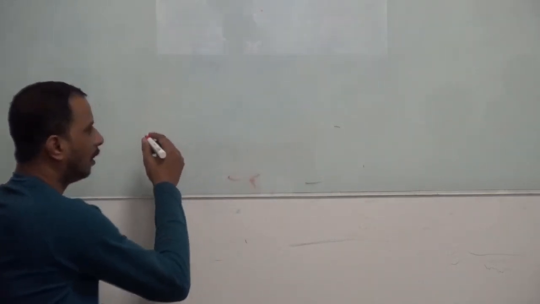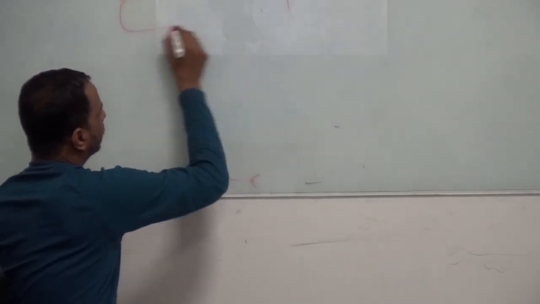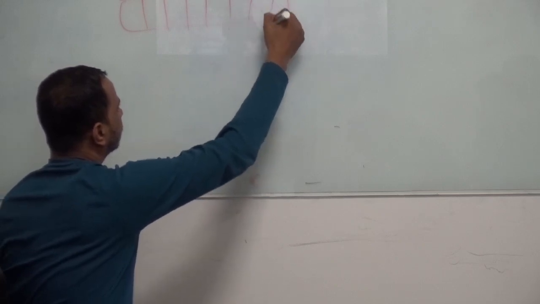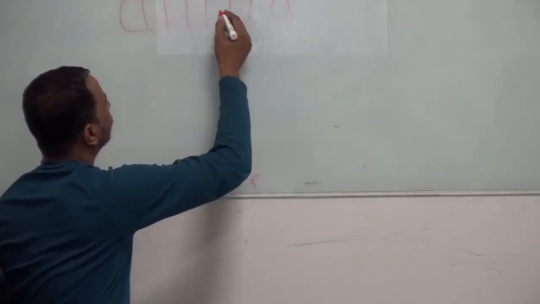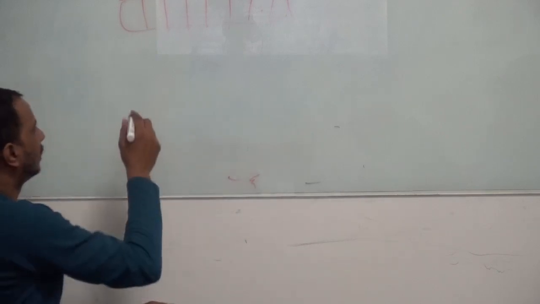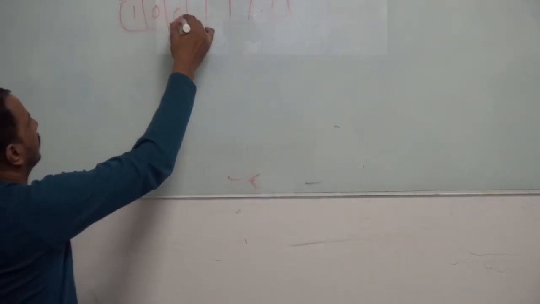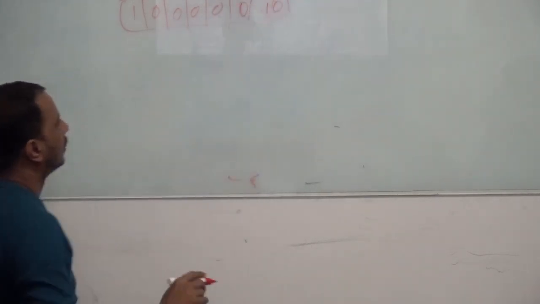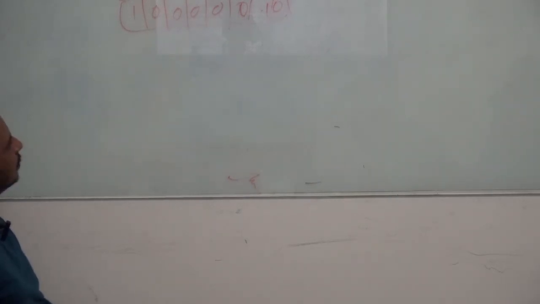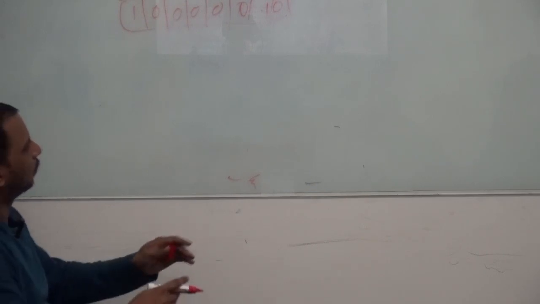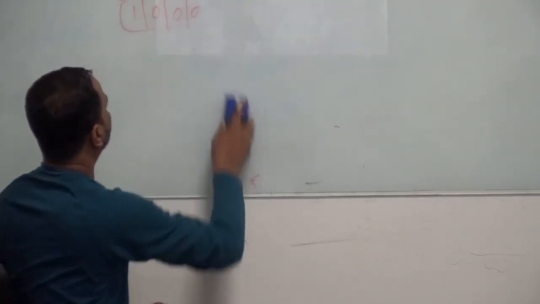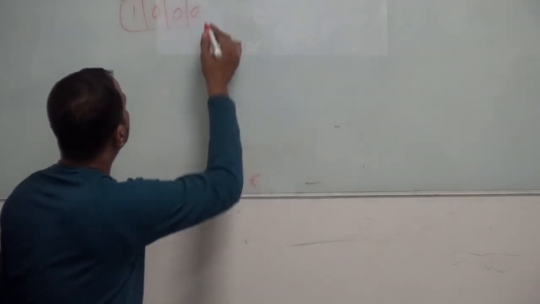For example, let me make 8 columns. 1, 2, 3, 4, 5, 6, 7, 8, right? I'll say 1 0 0 0 0 0 1 0. What is this value? Or say, let's start with a nibble for you. This will be a little complicated. So 4